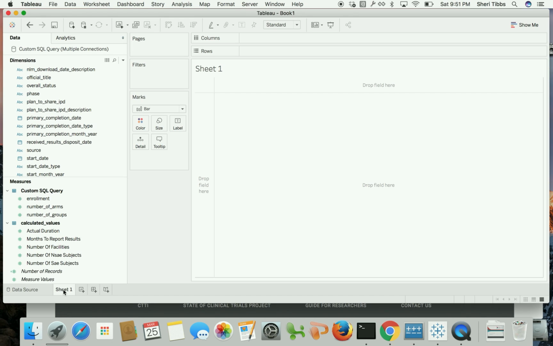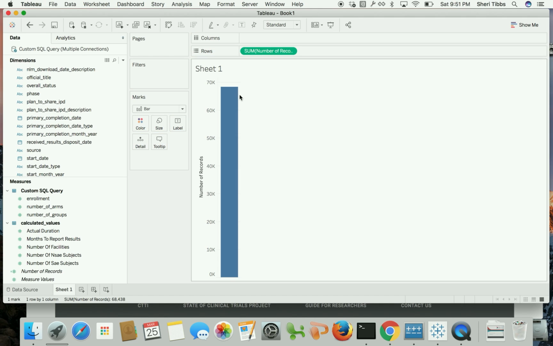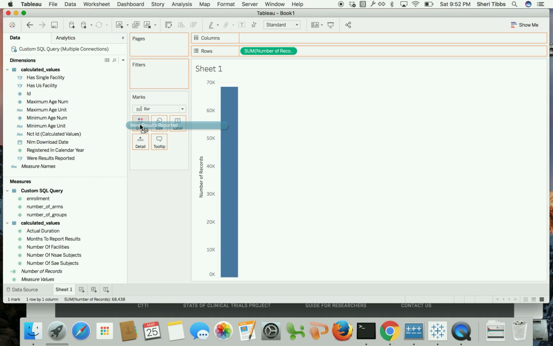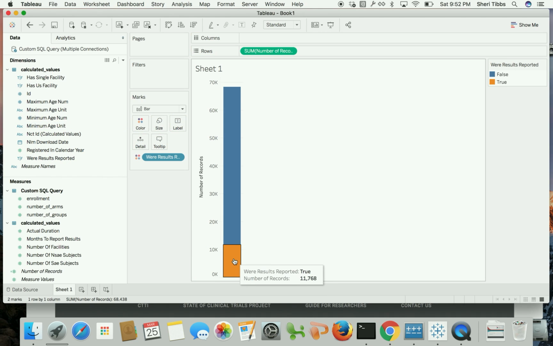So now we have our data source set up, we can go and start looking at it. We'll go to Sheet 1, and the first thing I'm going to do is drag number of records, or number of studies, up to rows so we can see how many we're dealing with. 68,438. It'll also be interesting to grab that attribute that I just mentioned, were results reported, which is under calculated values. We can drag that to colors to see how many of these have results. It's just